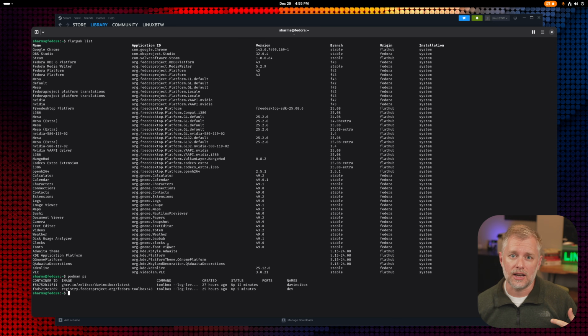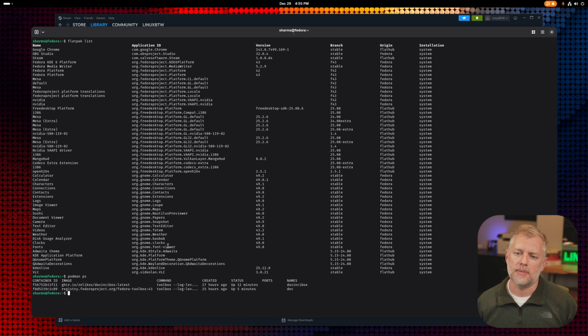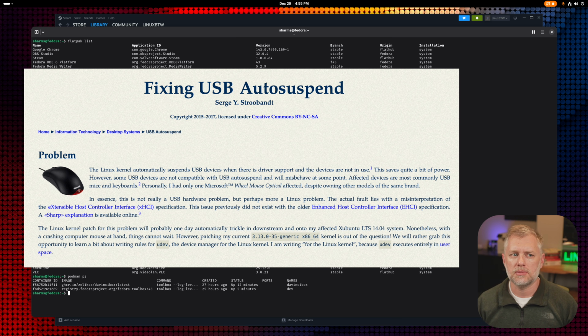I'm filming on it right now, but the USB auto suspends by default, sleeping your USB devices, and then it can't resume. And so you have to unplug it and replug it, or at least remove the module. And so I think that's some of the things that you should expect. And I'm not exactly sure how to fix it, because we can file bug reports and say USB auto suspend is too aggressive for this series of devices and just hope it gets fixed. And we could submit a patch for that.